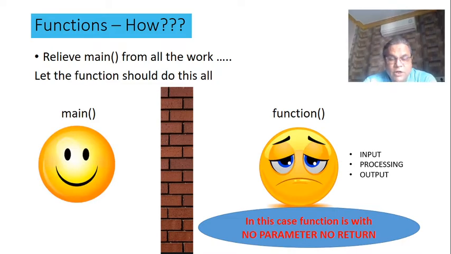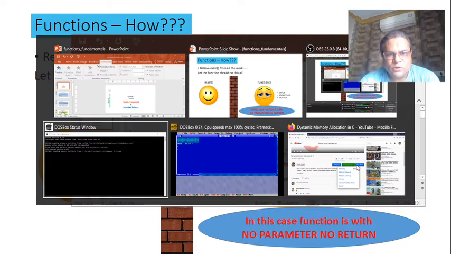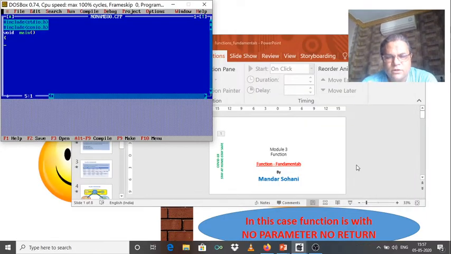And you have to understand it very clearly when we should write this type of function: when we decide that main should not do any operation but the function should do all the operations. So in this situation, if we are doing division of task like this, then we have to write a function which will not require any parameter and which will not return the result. Let us see the example. We will try and write a small program to understand this concept.